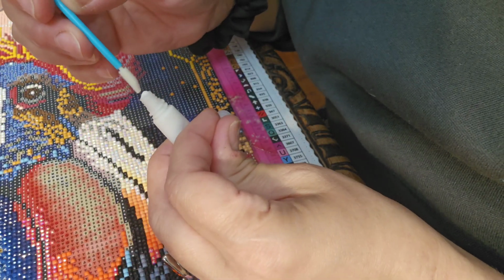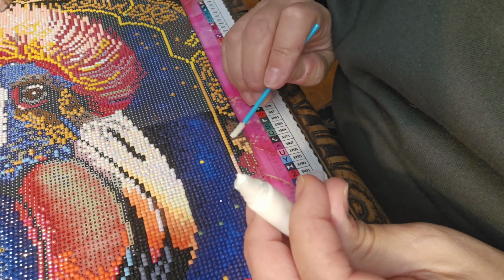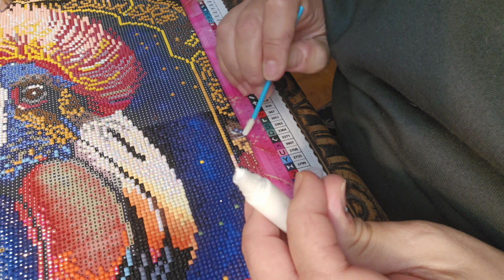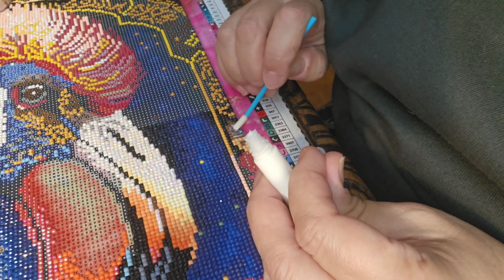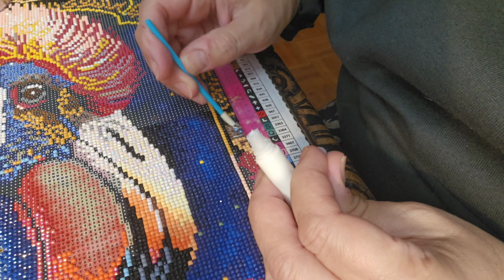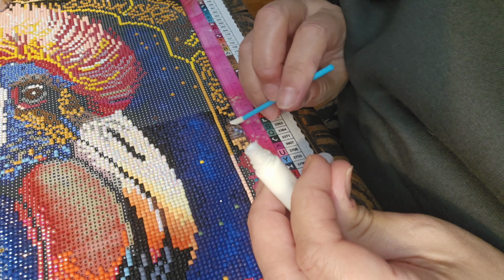So what I'm going to do, because you guys that know me know I have no patience, I'm just going to take it from here. I'm going to put a very thin layer of glue on this section that has 3 different colors. And it said it's ready when it turns clear. We're going to set that timer,